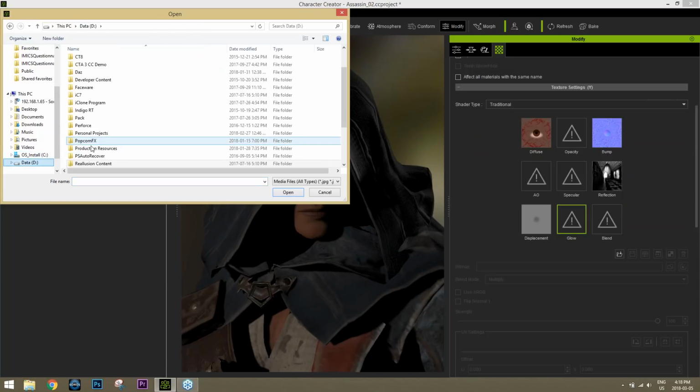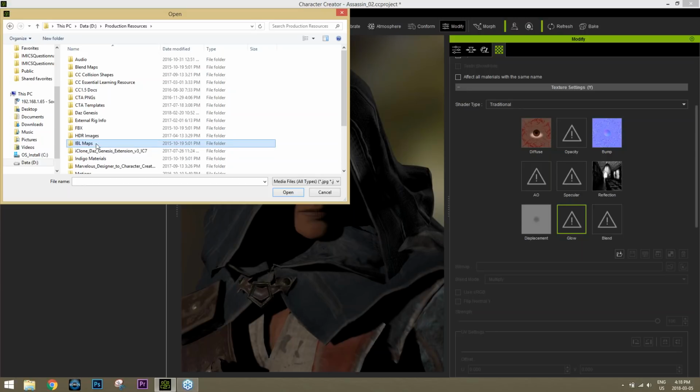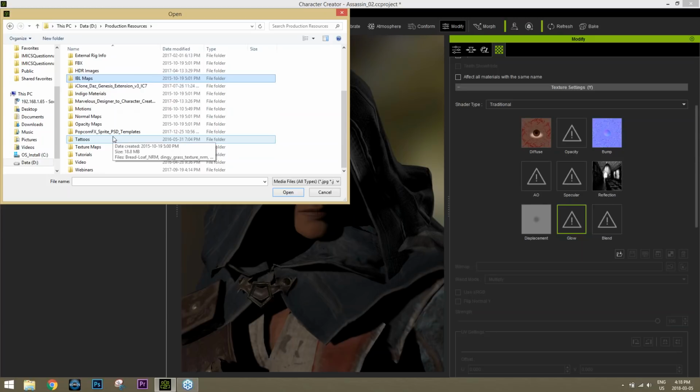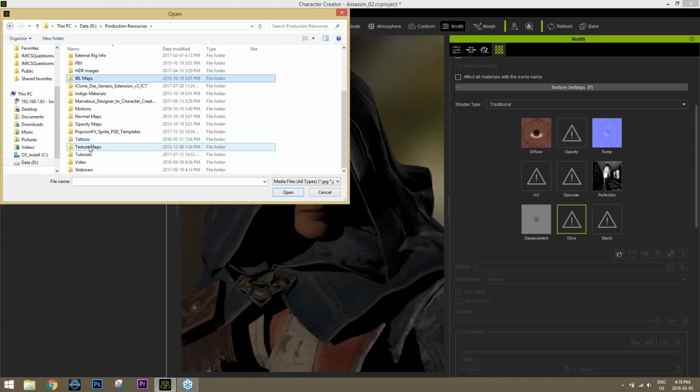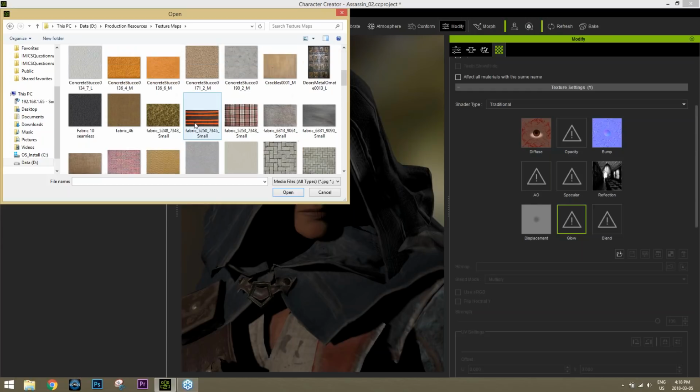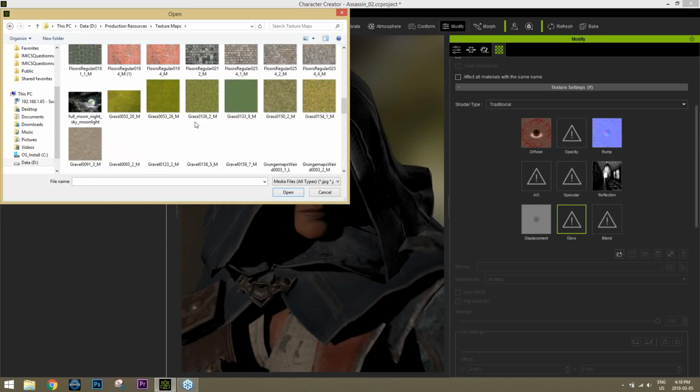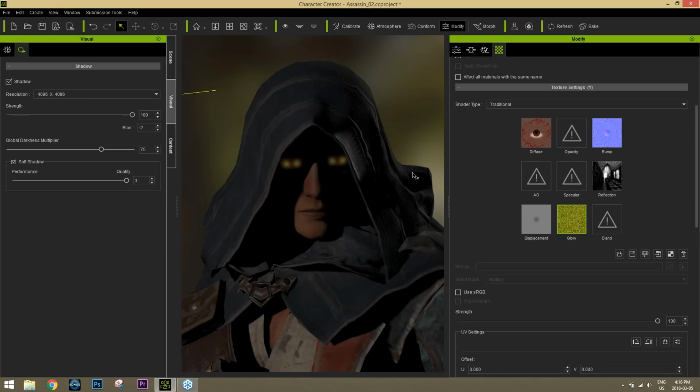I'm just going to go to my production resources folder here, and I should have some glow maps, don't I? Maybe I don't. Well, let's try and go find a texture map here that's kind of light colored. All right, we'll try to find this green one here. All right, so now we have this green map, and if we want, we can take the diffuse map off the character's eyes, and there you go. So now we have these glowing green eyes,